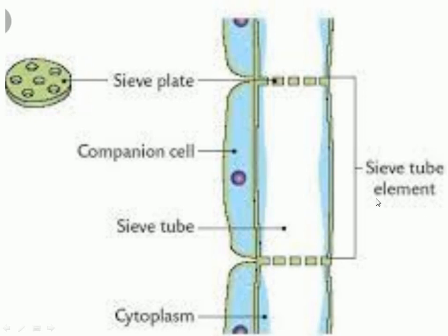If we talk about their origin, at the earlier stage they have a prominent nucleus and organelles, but at a later stage this prominent nucleus and the organelles degenerate. They become a hollow space through which food is conducted from one area to another area. So the main function of the sieve tube element is the transportation of food inside the plant.